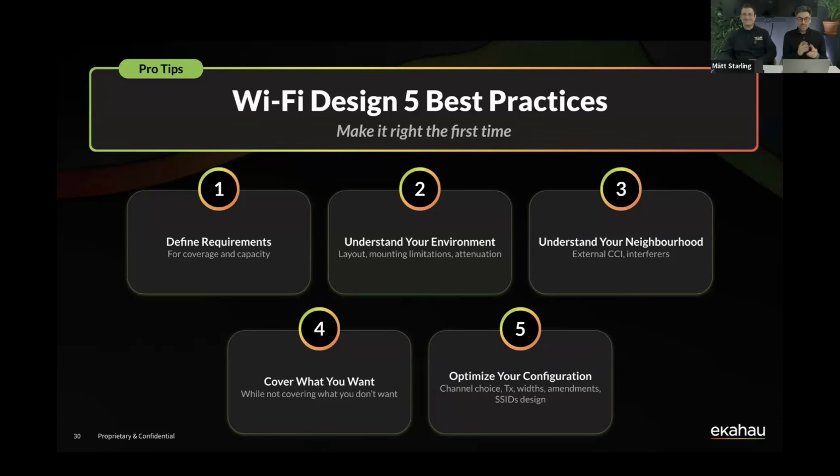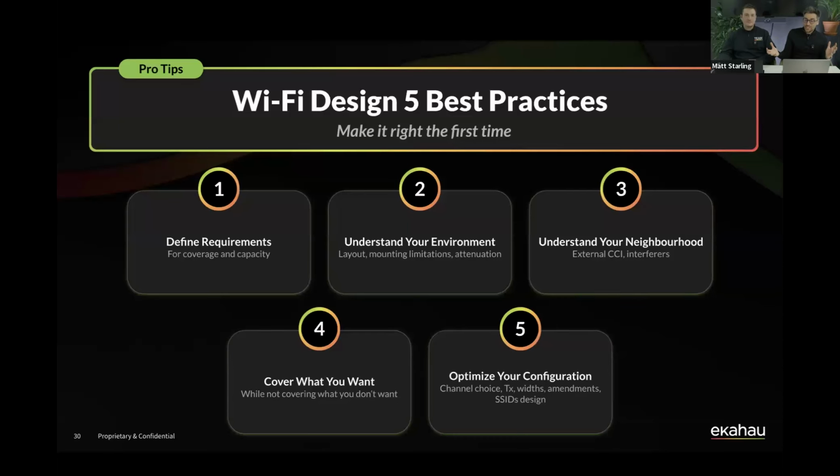Also, whilst you're there, you get a great visibility into the RF environment. So how noisy are your neighbors? We're on the 7th floor here in a multi-tenanted building. We have some pretty noisy neighbors with their RF on the floors above and below. So maybe we want to avoid some of those channels.